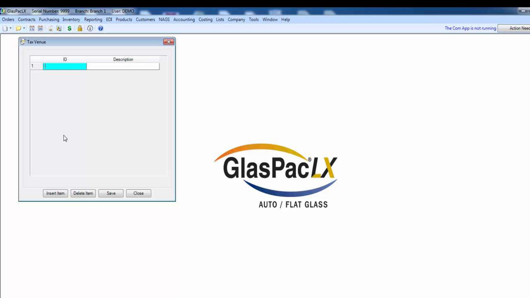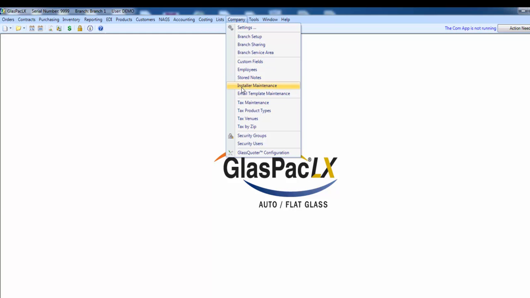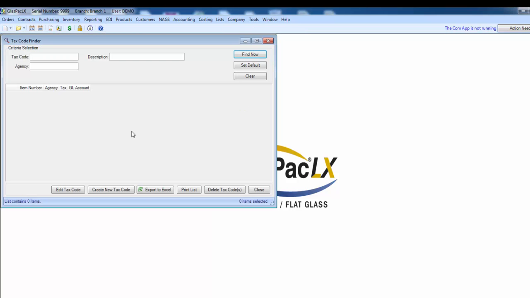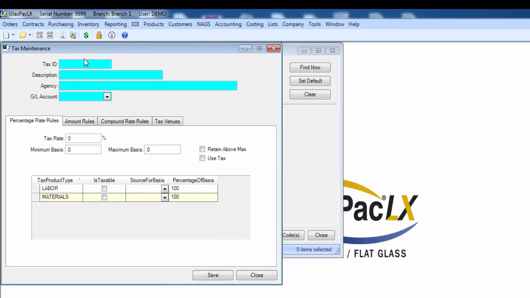I'm going to create a venue, just call it sales tax. And save, because we're going to use that in a minute once our tax codes are made. Go back to Company, Tax Maintenance, and now we're going to create a tax code. I'm going to assume there's a state tax and a city tax. So I'm going to say state